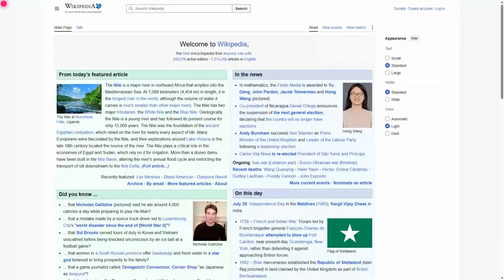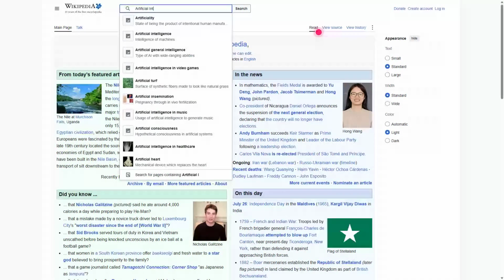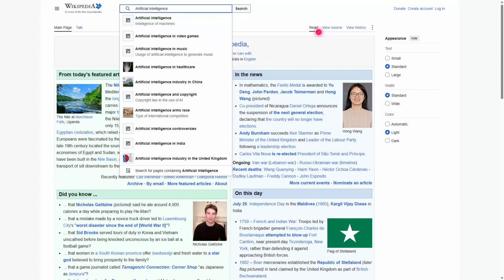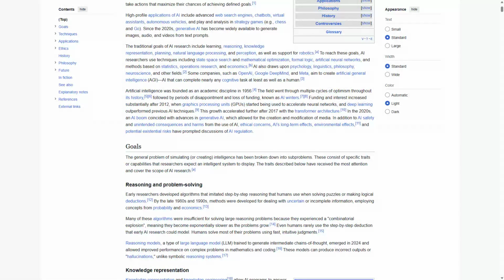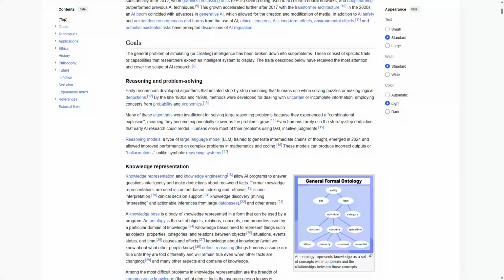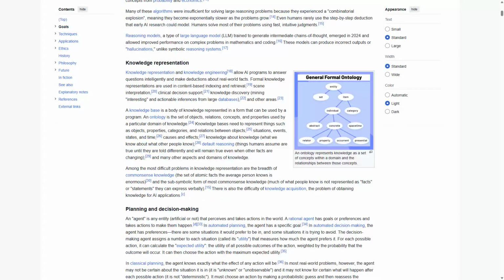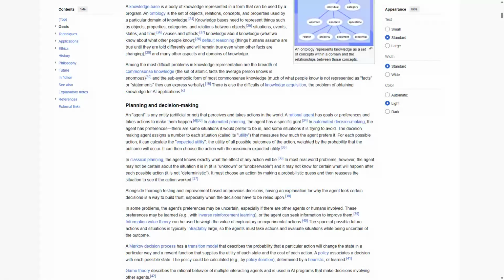This guide on mastering AI research and Python automation tools. We begin by navigating to Wikipedia to build a strong theoretical foundation. Search bar at the top, we type artificial intelligence and hit enter. On the main page, we scroll through the article to review key subfields and historical context. Understanding core concepts like knowledge representation, reasoning, planning, machine learning, and natural language processing gives us the background needed before